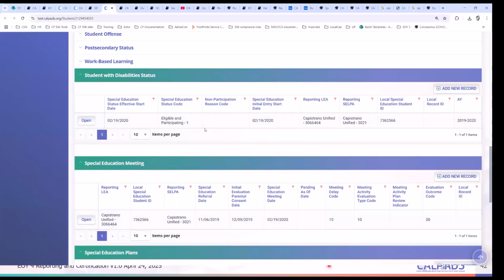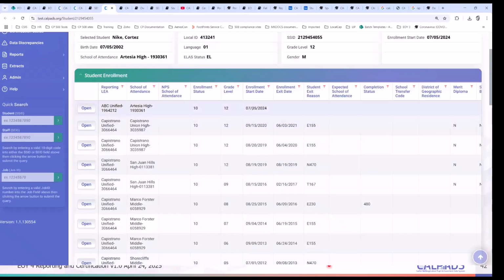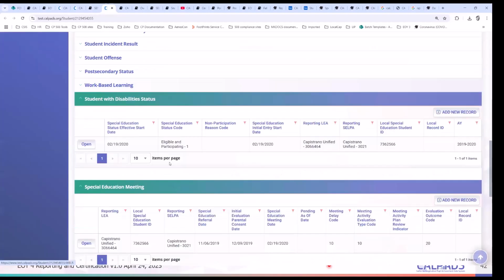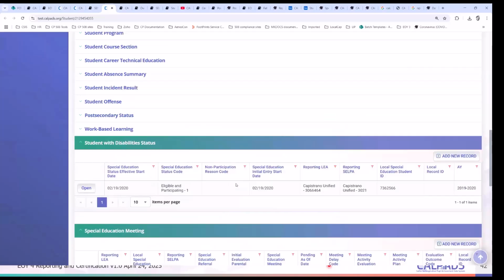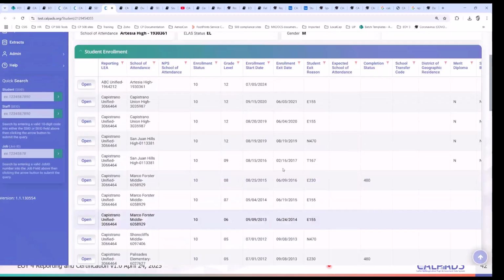But joking aside, if that doesn't happen, a workaround is basically just adding a meet record and a plan record at your district equal to the first day of school. The plan record would be the first day in school, making sure that the student is marked as not eligible and not participating, or eligible but not participating. So you can do that on your own. You can be proactive. The student was a SPED student during COVID years, so that's like 3 years ago.